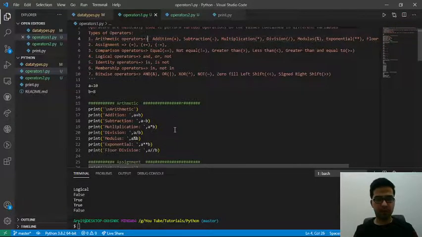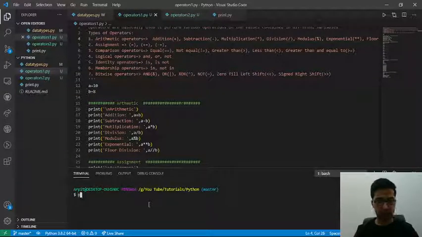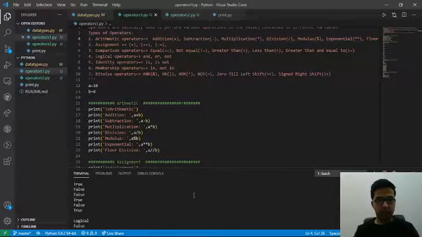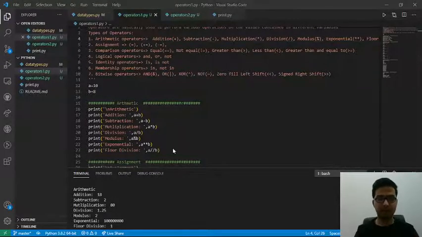Again guys, if I run the whole code here for you, you can see how many outputs there are, and it would be quite confusing to see the outputs like this. So I am using Spyder here.